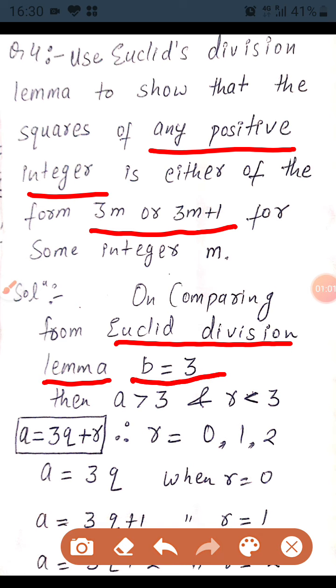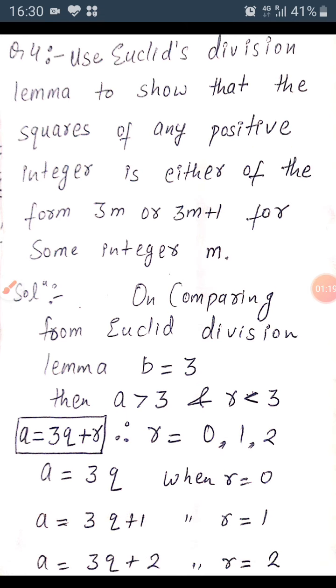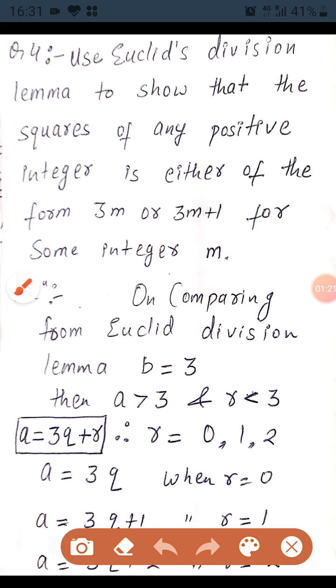And if the value of b is 3, then what will be the value of a? a should be greater than 3 and r should be smaller than 3. The value of r ranges from 0 to 2: 0, 1, 2. Now the Euclid division form will become a is equal to 3q plus r. Now putting the values of r in this